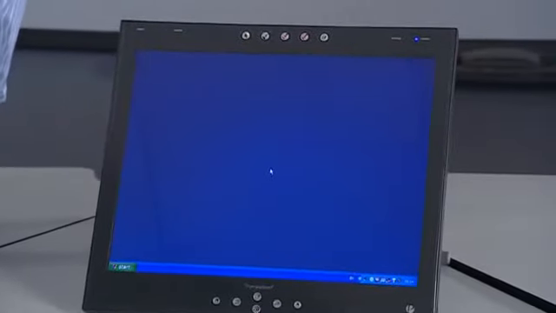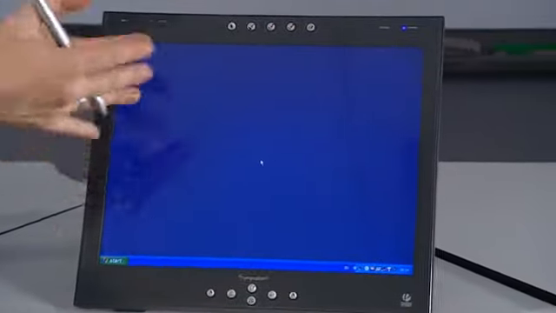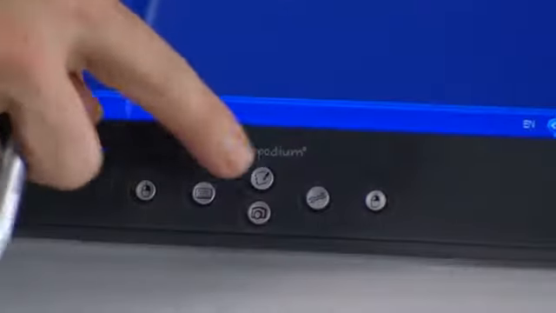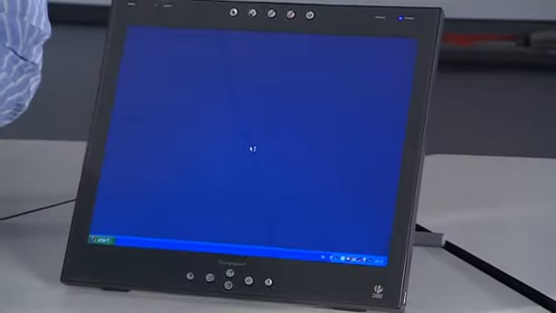This is a smart podium, the ideal product for a lecture theatre or any teaching room where you want to interact with content and make your lessons and lectures more engaging and lively. One of the things I might want to do in a lecture situation is create a diagram or an illustration, and I can do that very easily with the smart podium simply by hitting this button here, which will launch